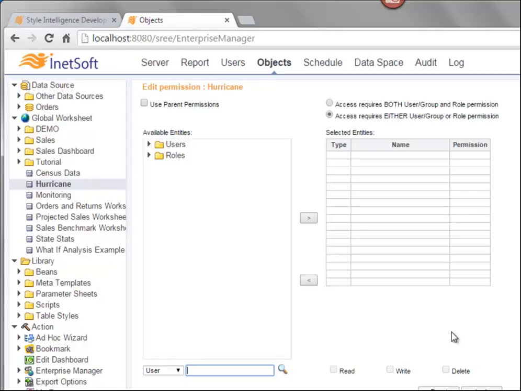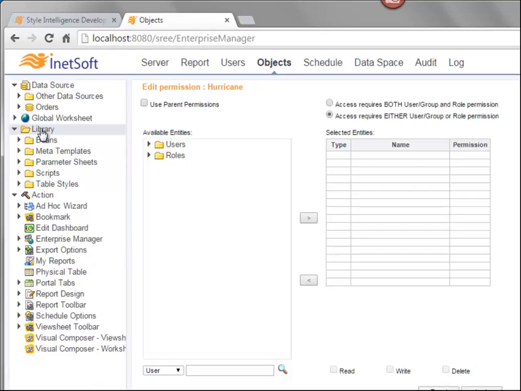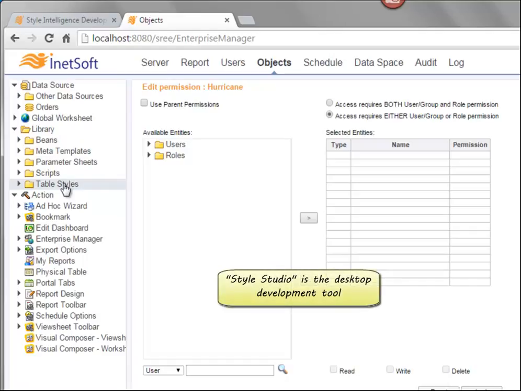as a data source. The library folder relates to the contents of the styled report.srl file, which contains all of the reusable components for reports. These include beans, meta templates, parameter sheets, scripts, and table styles. When Style Studio is using a server-based repository, you can control access to these assets by using the permissions settings